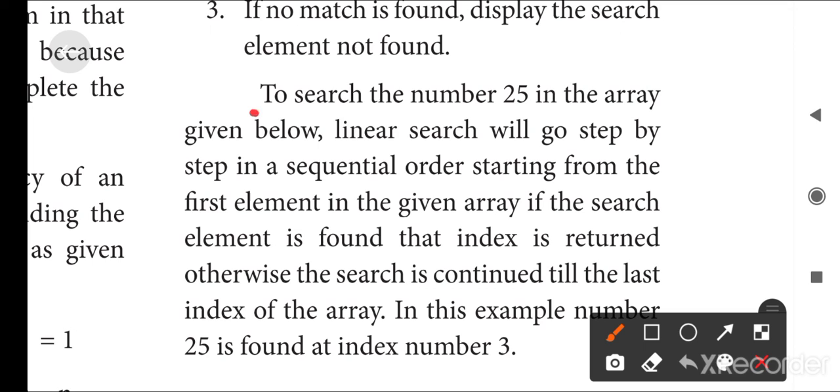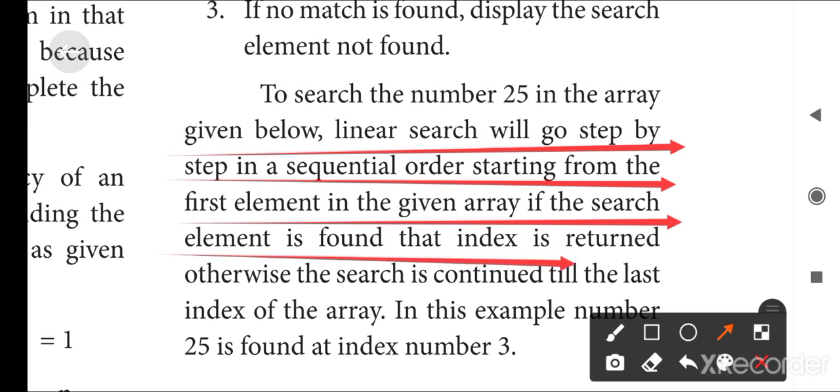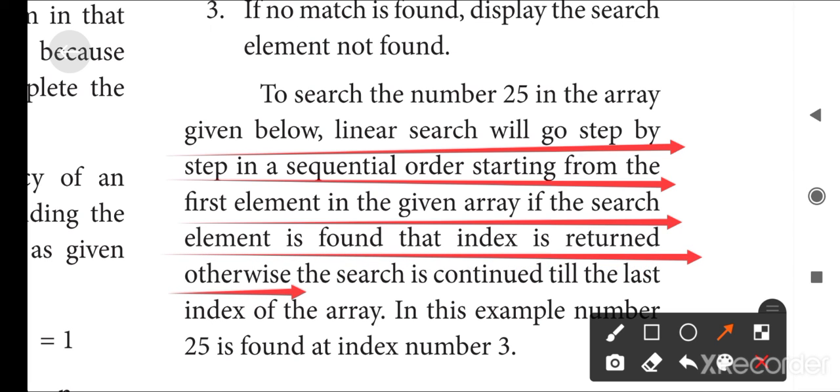This is the example. To search the number 25 in the array given below, linear search will go step by step in sequential order, starting from the first element of the given array. If the search element is found, the index is returned; otherwise the search continues till the last index of the array.